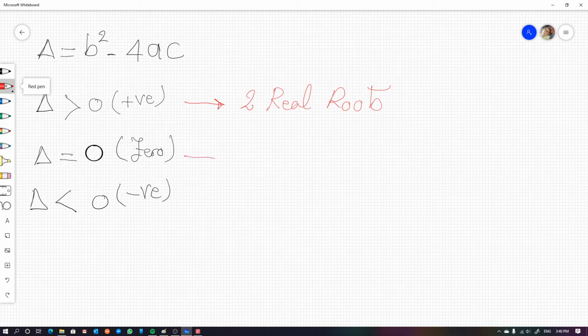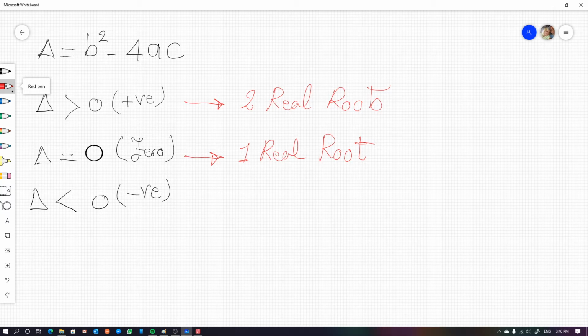In the case where the discriminant is equal to 0, it has one real root, meaning one repeated value of x, because we know that a quadratic equation is a second degree equation. Second degree means x squared, so x has two values. In the case where the discriminant is equal to 0, x still has two values, but